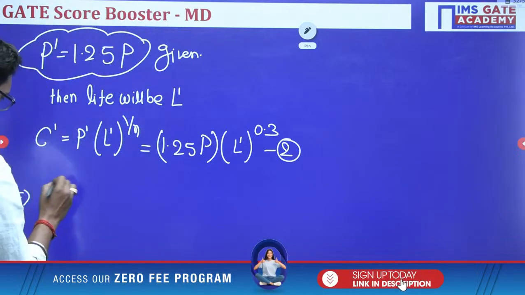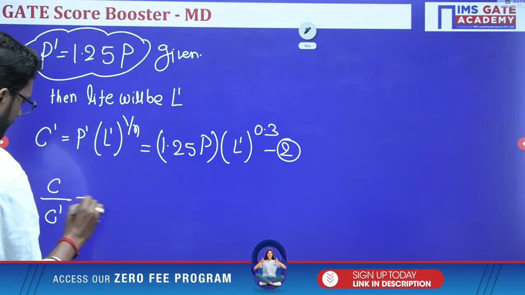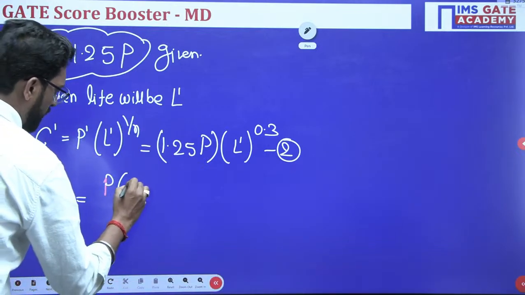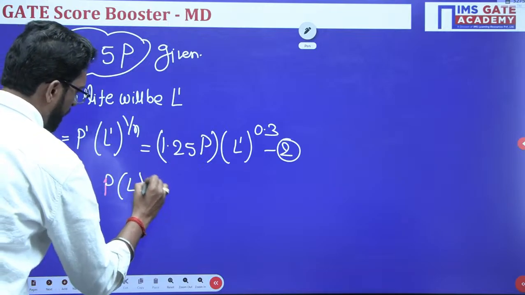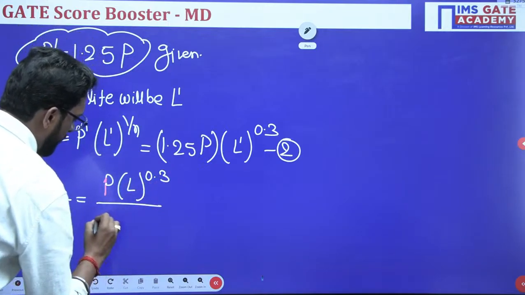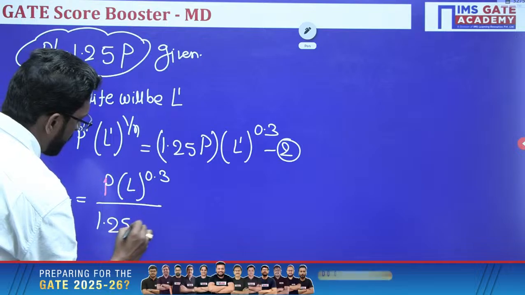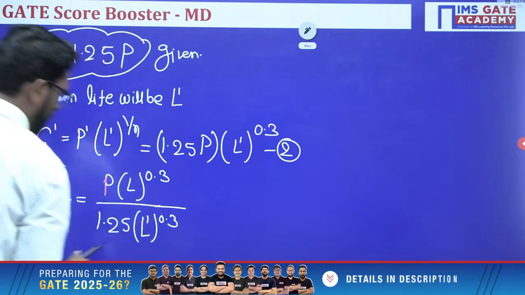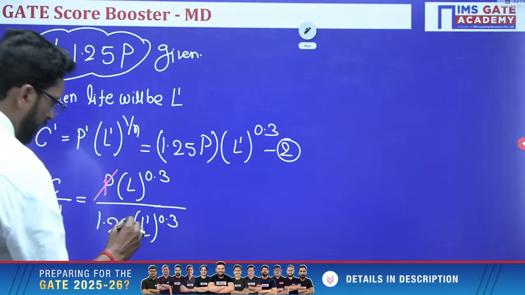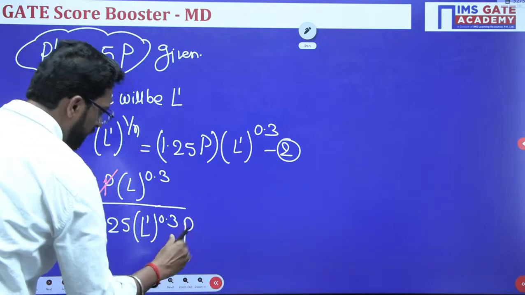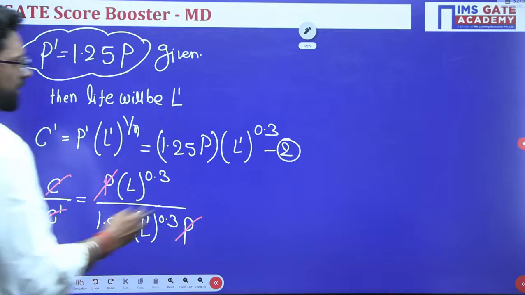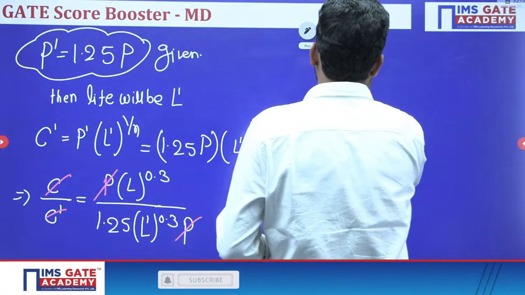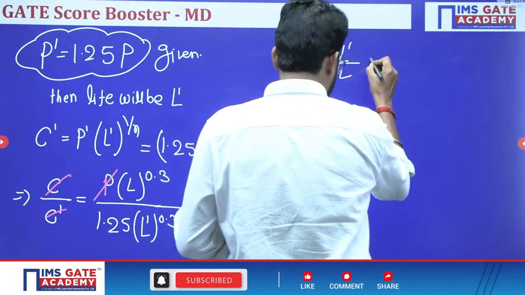So C divided by C dash is equal to P into L to the power 0.3 over 1.25 P into L dash to the power 0.3. Yes or no? P cancels, C cancels. So L dash by L is equal to